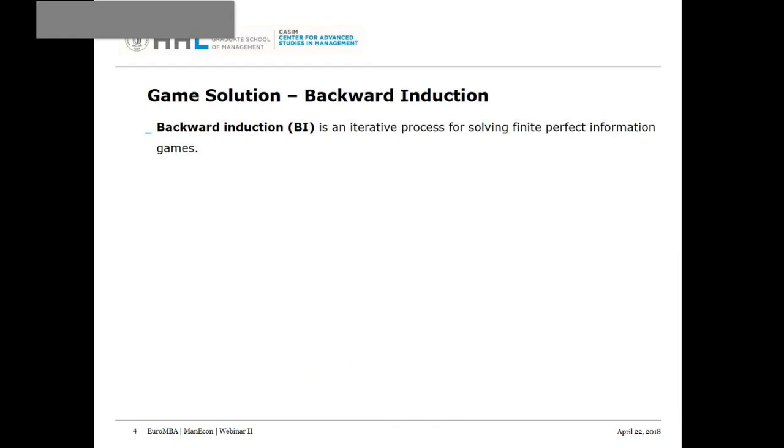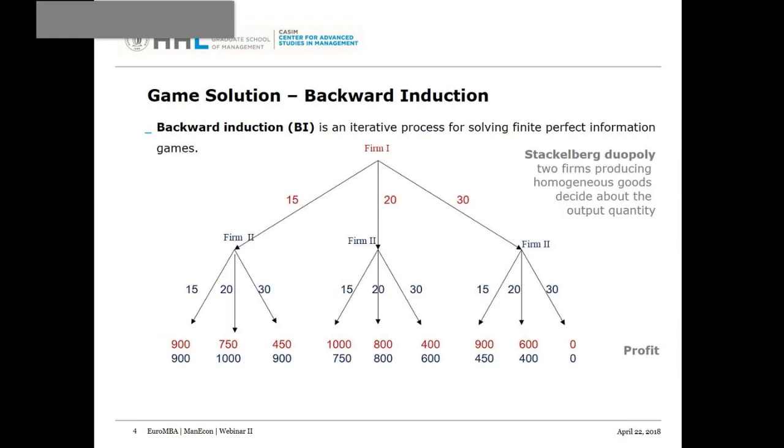The sequential moves make the structure richer, in the sense that some information can be acquired on the way. So for illustrating the backward induction at work, I would like to briefly introduce the Stackelberg